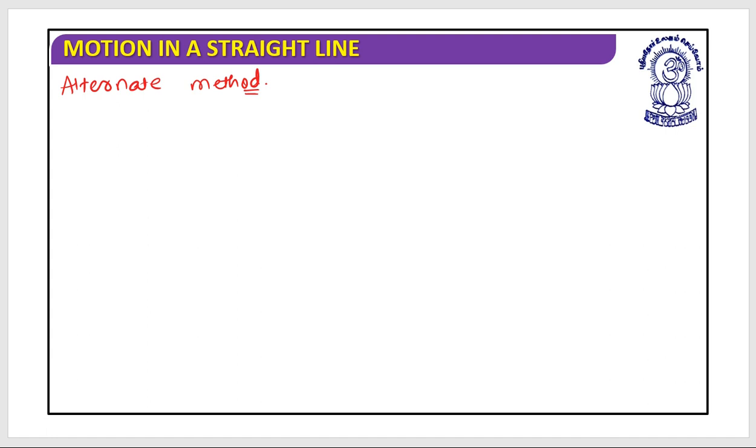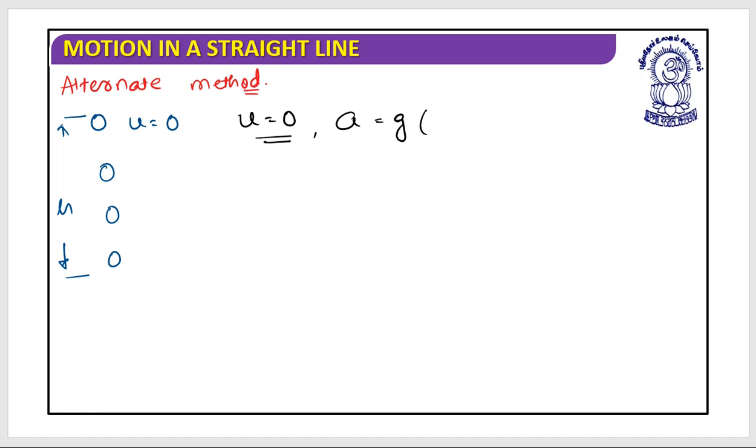Let's revisualize the situation that this is height h. An object has been dropped and it is traveling a certain distance, something like this. So what I know is, first, its initial velocity is 0. Second, its acceleration is equal to g, which is constant. And third, the time interval